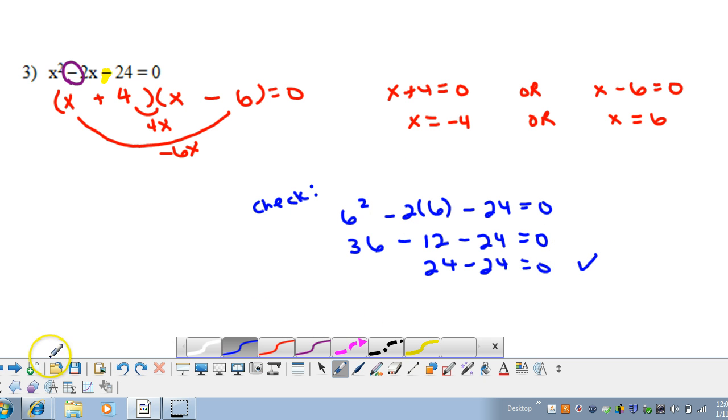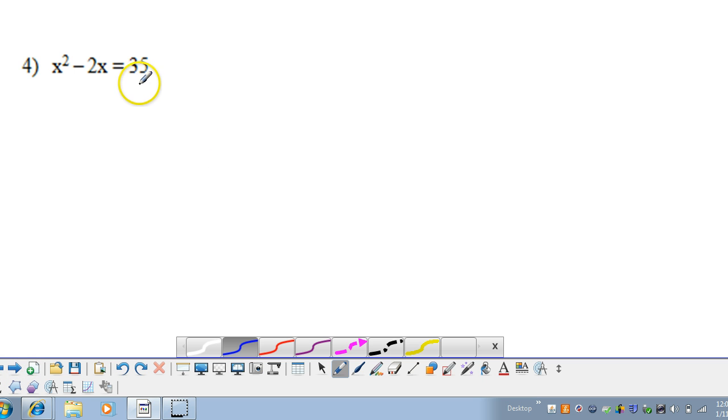And you could do the same thing with x equals -4. Let's take a look at another example. This one we actually have to do one little additional step before we can do the factoring. That is, we have to get 0 by itself. Remember, the zero product property says the two numbers multiplied together must equal 0, and we don't have a 0